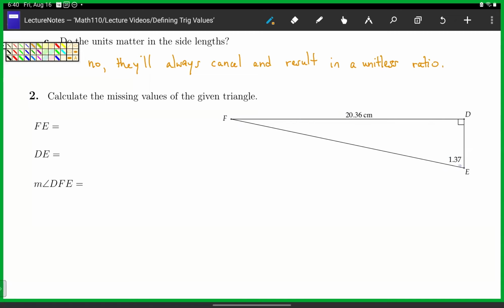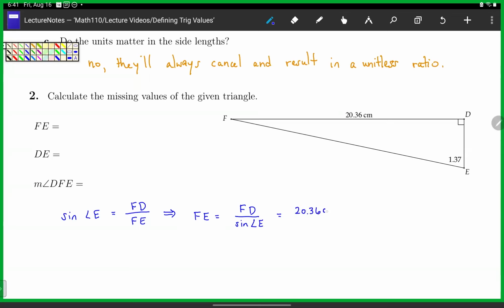So FD is the leg that is opposite of angle E. So I know that the sine of angle E is equal to FD divided by FE, which tells me that if I want to find FE, I can solve that equation and it will be FD divided by the sine of angle E, which is FD is